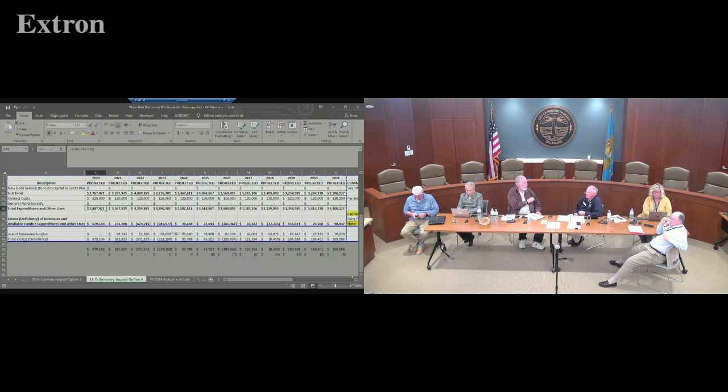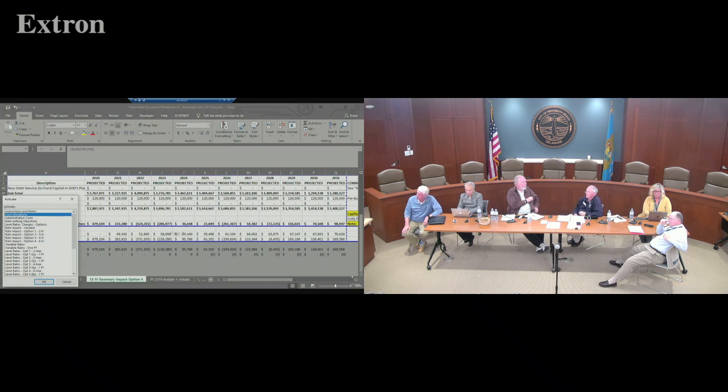So first, I'm going to show you what the water workbook would look like if all water customers were charged the same rate. This is essentially what the wastewater one does, the functionality that's in the wastewater one. But on the water side, obviously, it's a little bit more complicated than that. But still, I want to show you at least what the rate would look like, and then we can take a look at